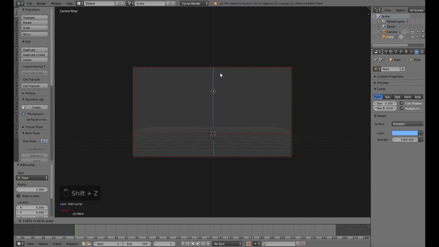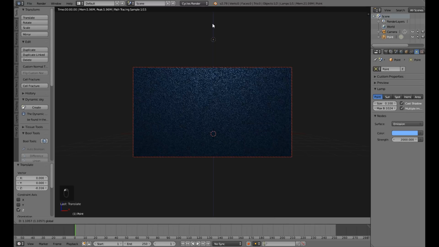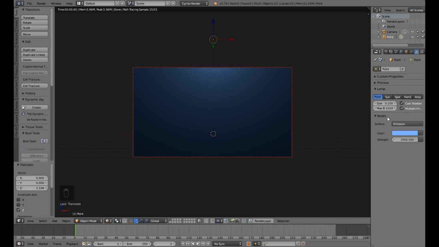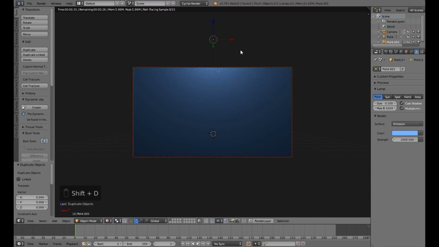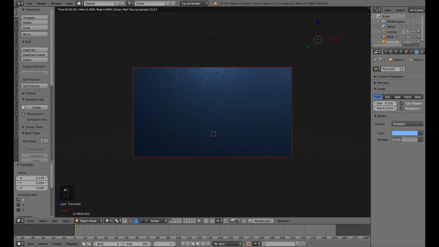I'm putting my lamp just above the camera so that noise won't show up when I'm actually rendering it. Again, going to the viewport render engine, I can see that the scene has been illuminated. Maybe I can crank my lamp up a little bit, to 2000. Yeah, 2000 seems to be fine, and I'll duplicate this lamp and put a second lamp over here and give it a little bit of light, maybe 500,